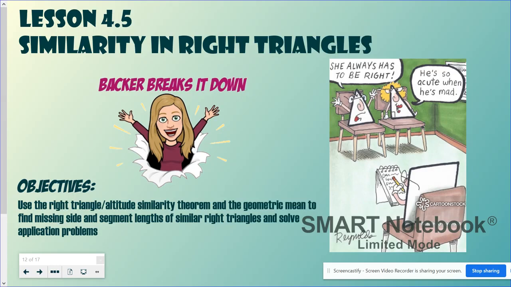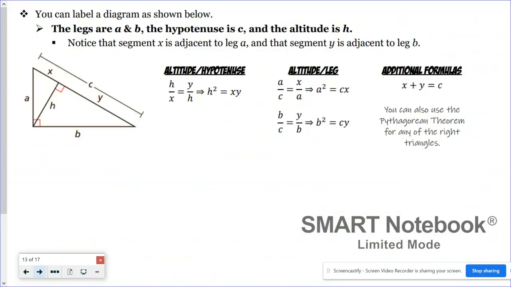This is a special episode. Yes, we are looking at similarity in right triangles, but we're going to take a look at a problem that has a little bit more algebra in it than we are accustomed to, okay? So just to remind you,